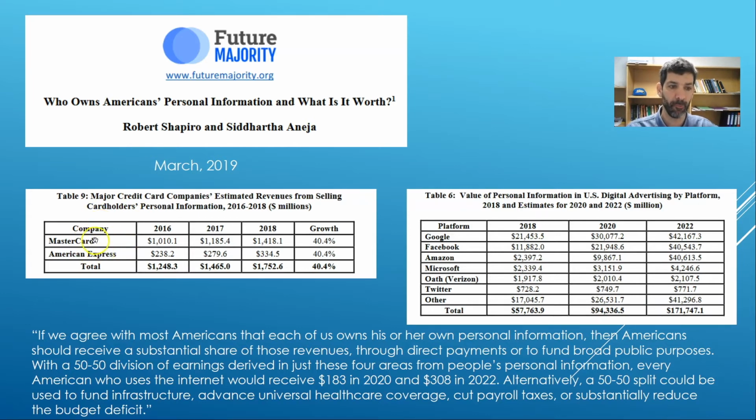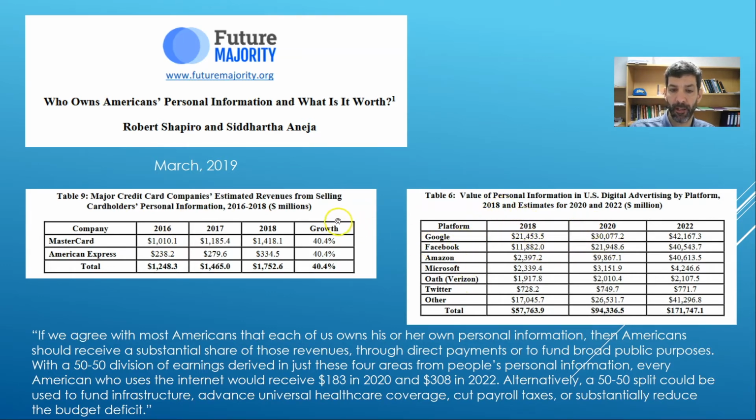And so MasterCard and American Express, two credit companies, are selling personal information to other people. For example, they could say, oh, Mackenzie, for the last 5 years at Christmas time, here's what he's spending on his MasterCard, or every summer vacation, here's what Mackenzie's credit card looks like. So my spending habits are turned into data that can be sold to other companies who can then flog stuff at me. They looked at all of the revenues for advertising,